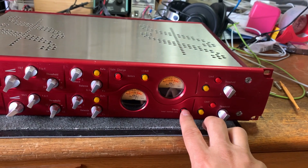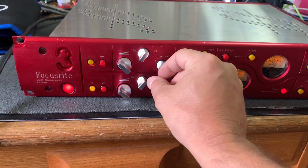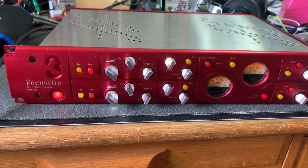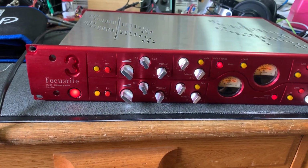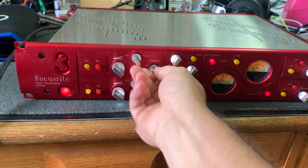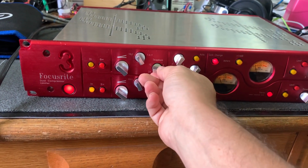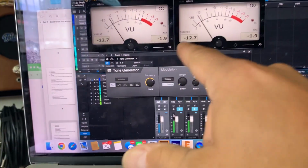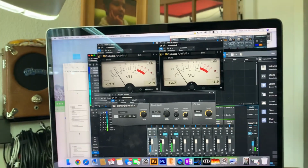So now I wanted to show the compression function. So I'm going to increase the output gain. I'm going to increase the compression all the way to 10 to 1. I'm going to set the gain change here so that the meter is showing, let me actually bring it back a little bit. Okay, and so now the compression, I'm producing 0 dBs, so we can see here that the output is 12.7,